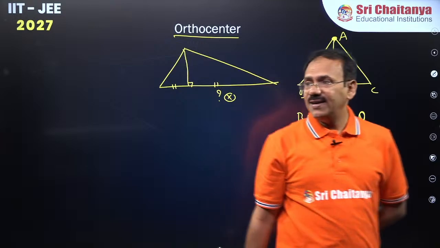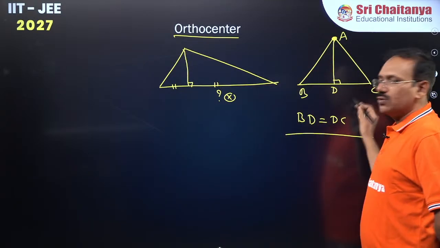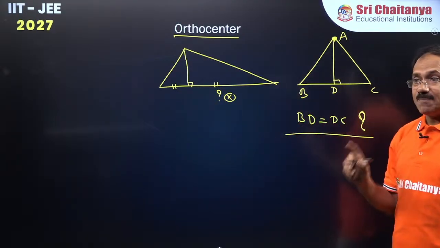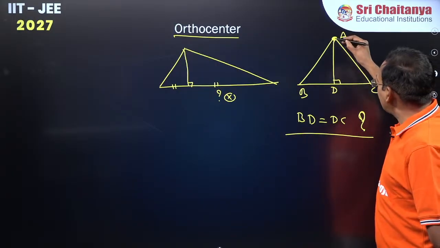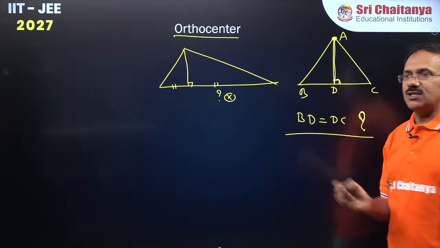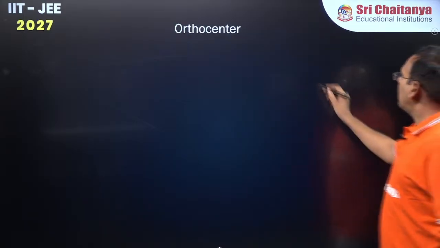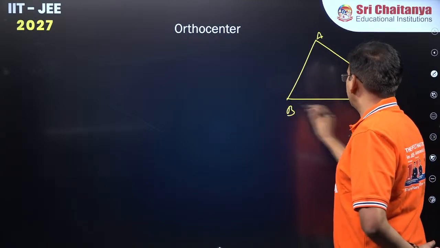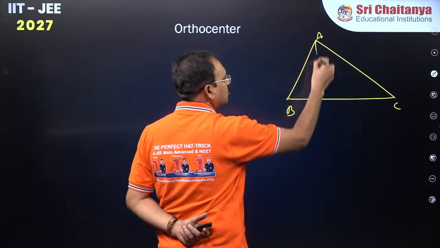So this is why, guys, median ensures these two equal, altitude ensures here 90 degrees. Got my point? So please be clear with this. Median is different, altitude is different. Altitude is just something you have drawn perpendicular. Unless there is some special data, we can't ensure BD is equal to DC. Right, everyone? Fine, chalo. Now, if you take triangle ABC, in triangle ABC, you just drop one altitude,